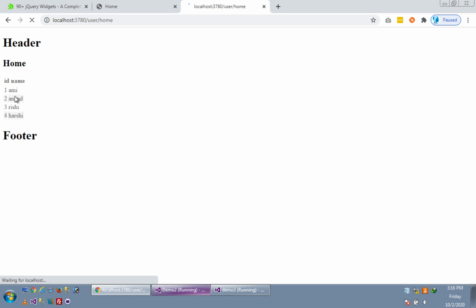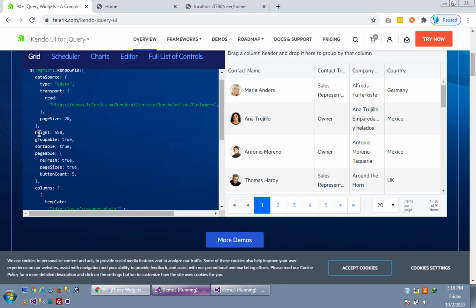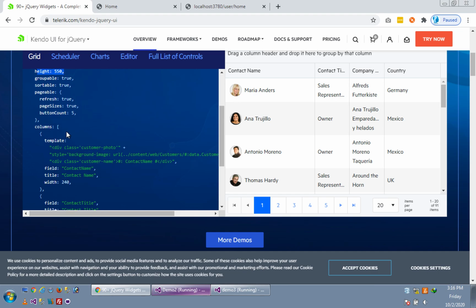And we can give width for individual columns as well. Okay, no change. We can give width for individual columns. There are so many properties out there. Okay, this is the height of the grid, and these are the columns.